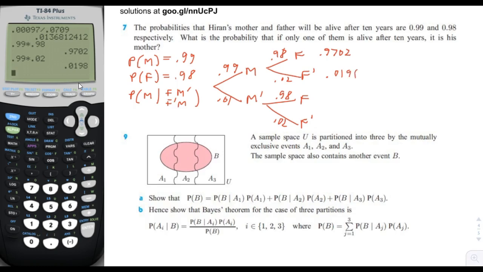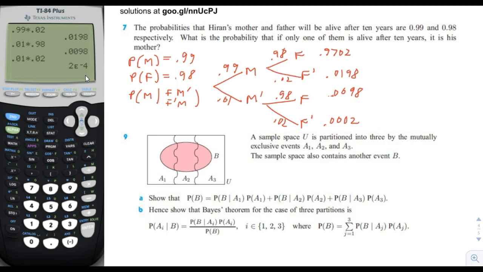0.0198. The probability that the mother is not alive and the father is, 0.01 times 0.98, 0.0098. And the probability that both passed away, very small, 0.0002. Okay, now they say, what is the probability that the mother is alive, given that